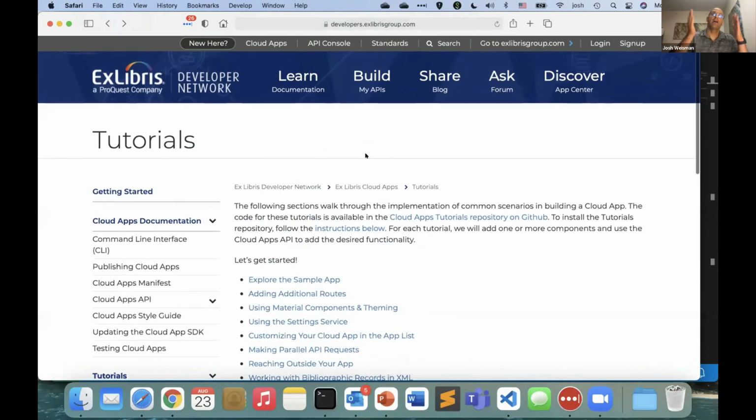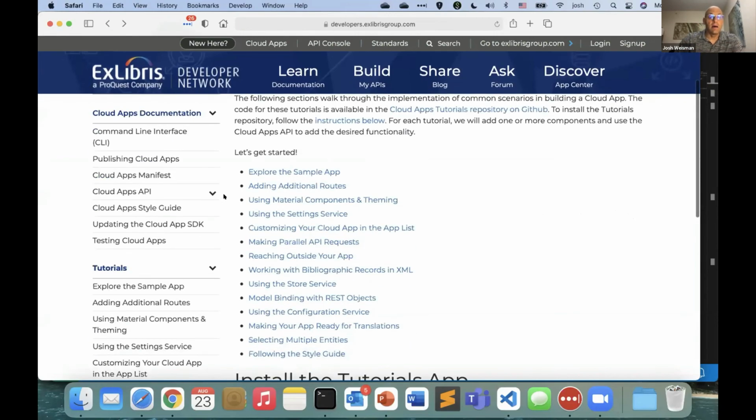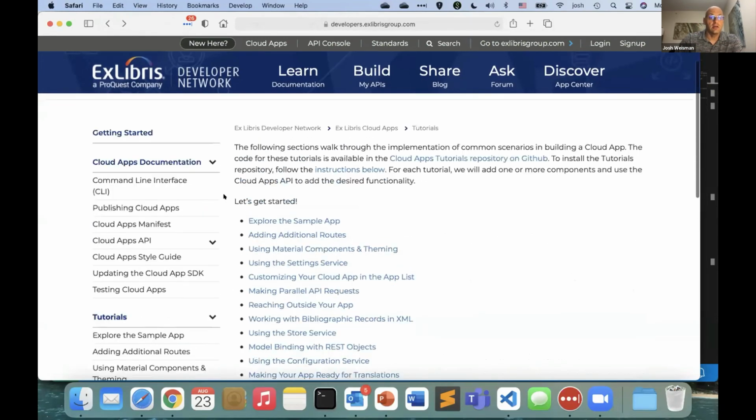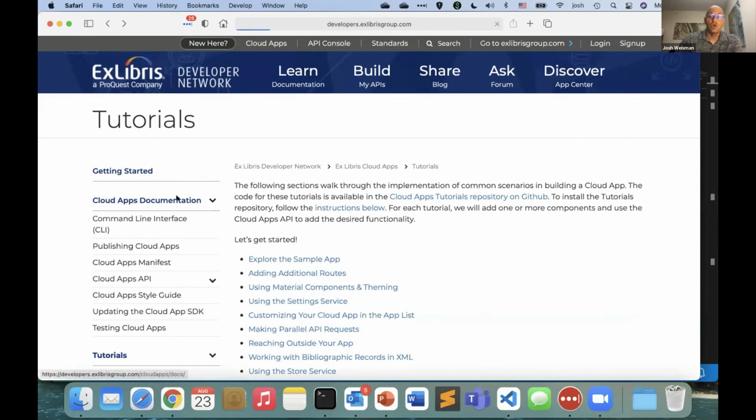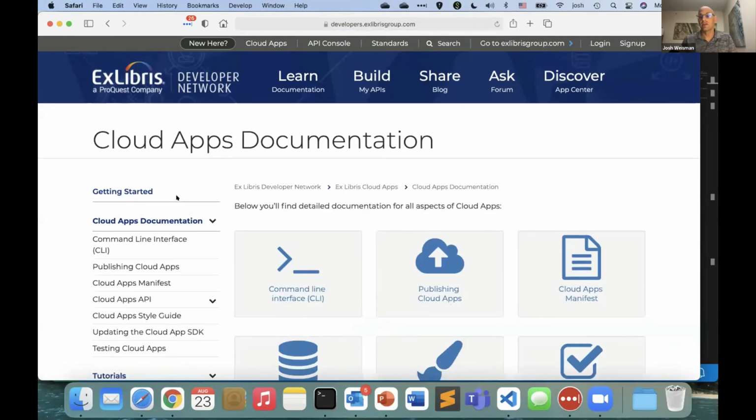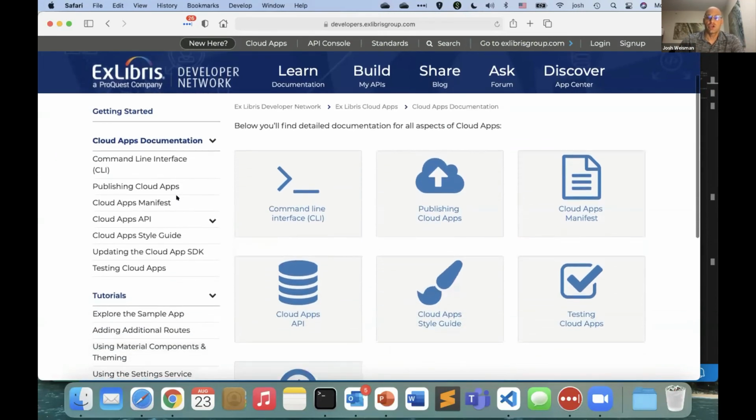Okay, so I have gotten started. I've used my new app. I've used an existing app, the tutorials app. We've seen that there are a whole bunch of different tutorials available for me to play with and dive into the deep end, as it were, trying to get started. I'll mention here in the documentation that, once you've gotten started and played with it, you might have the need for a deep dive, and that's here in the documentation.